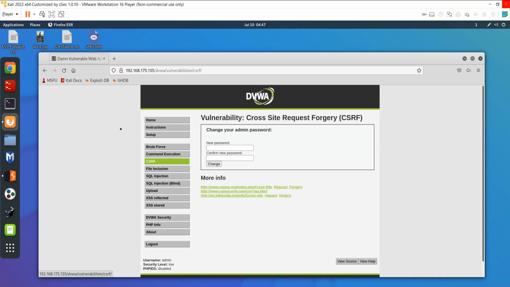Here we can see there is a new password and confirm new password. That means I have logged in as admin. If you open this, you can see the username is logged in. So I am already logged in as admin, and if I need to change the password, I can change it from here. Guys, this is a form, right? If you inspect here